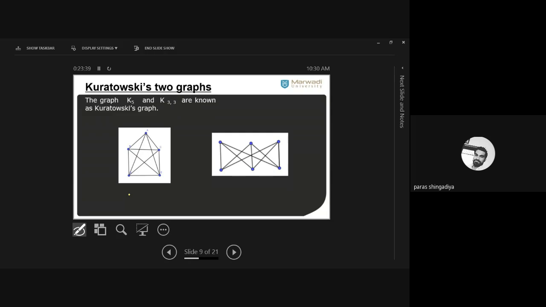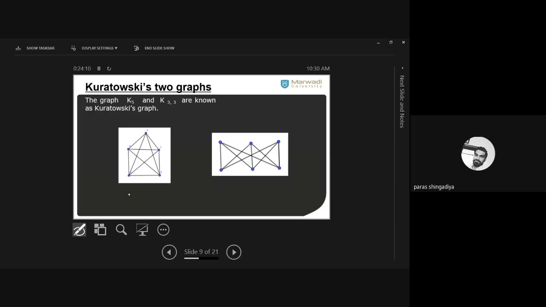Okay, up to K4. Okay, K2, that is two vertices with one edge. That is a planar graph. There is no problem with a single edge. But for K3 and K4, K3 is also a planar graph. If you create a K3 shape, that is a triangle, okay, with three vertices. So it is also a planar graph there. And we can easily create K4 as a planar graph. Okay, we can easily draw K4 as a planar graph. So up to K4, there is no problem.